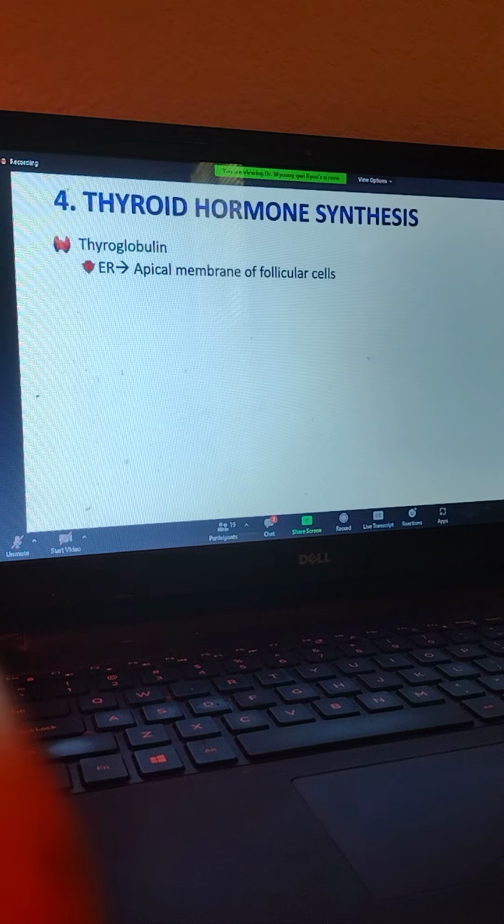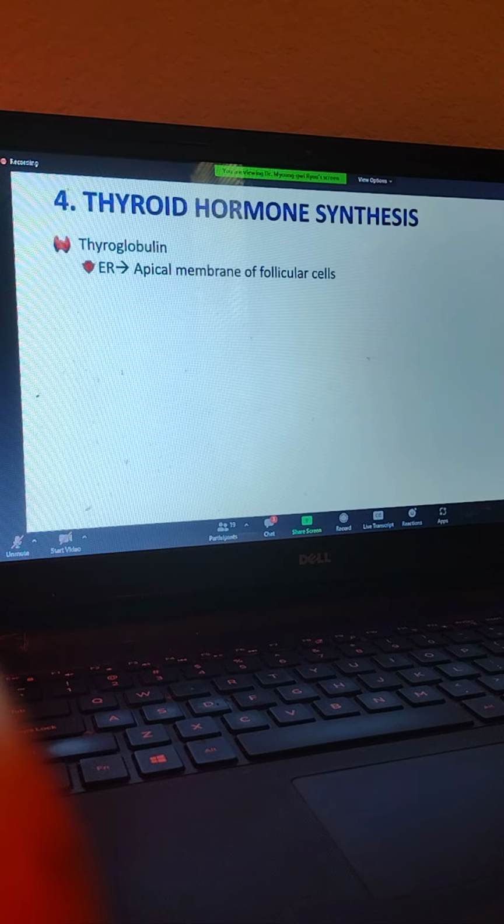So we're going to go through the thyroid hormone synthesis pathway. First, we need to make thyroglobulin. The thyroglobulin contains a lot of tyrosines. So the thyroglobulin synthesis happens in